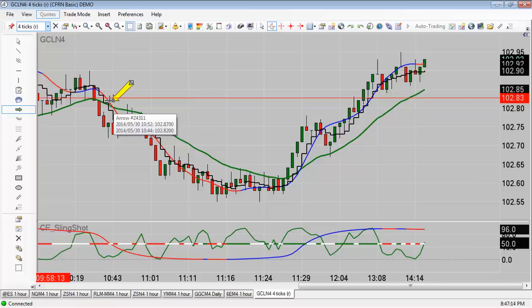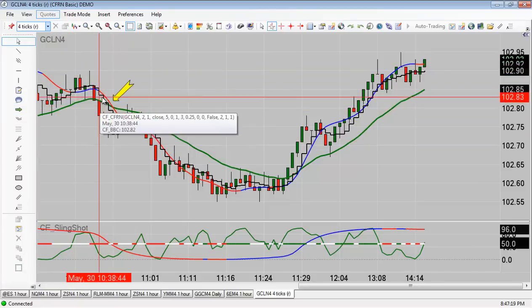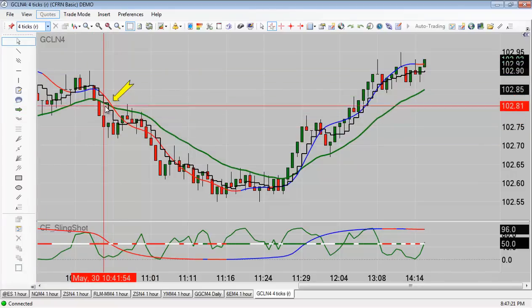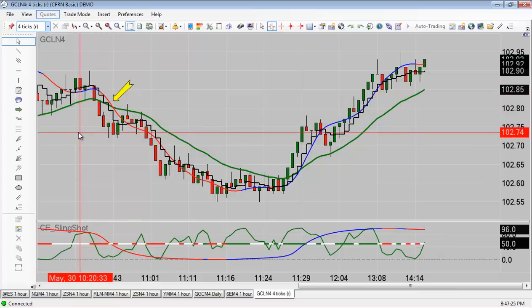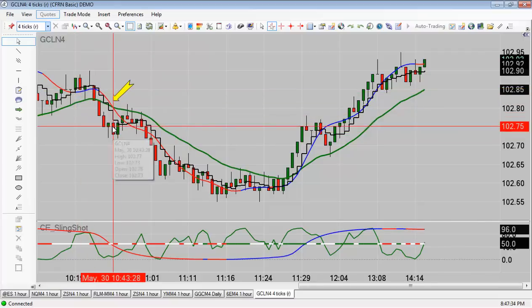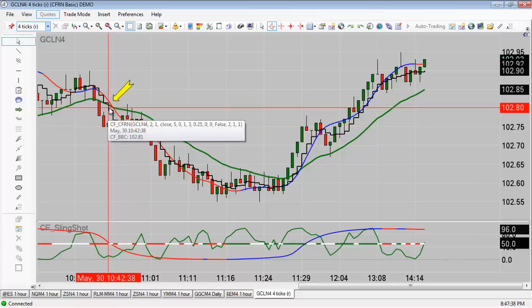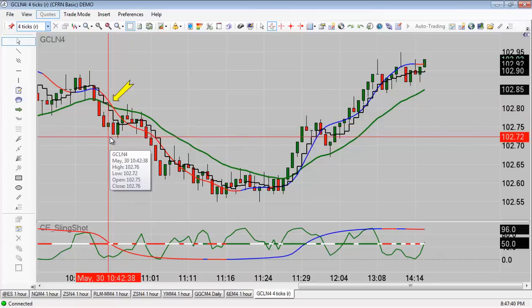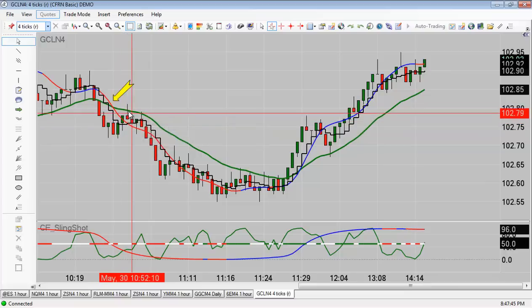When that happens right there, we call it a bearish cross. Okay? Red line crosses that green line. Price pulls away from this green line, which we call the BBC. All that means is bull bear cross. When price is above it, that's bullish. When price is below it, that's bearish. That's all it means. We want to see the cross, then we want to see price pull away, and then we want to see price pull back. Once price pulls back,